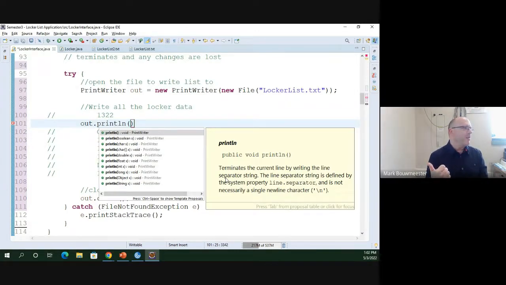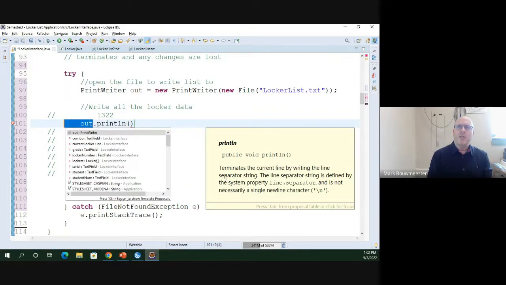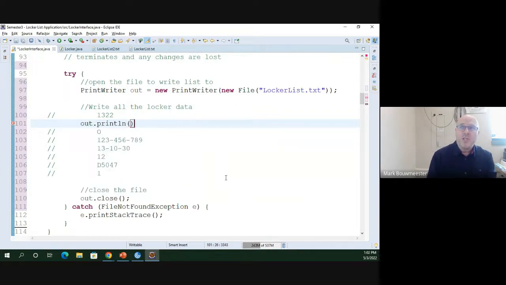It's all exactly the same, except there's no System in front of it now because we're not writing to the console, System.out, anymore. We're writing to the file that we just opened with the name out. Everything else works exactly the same. So I want to print into the file